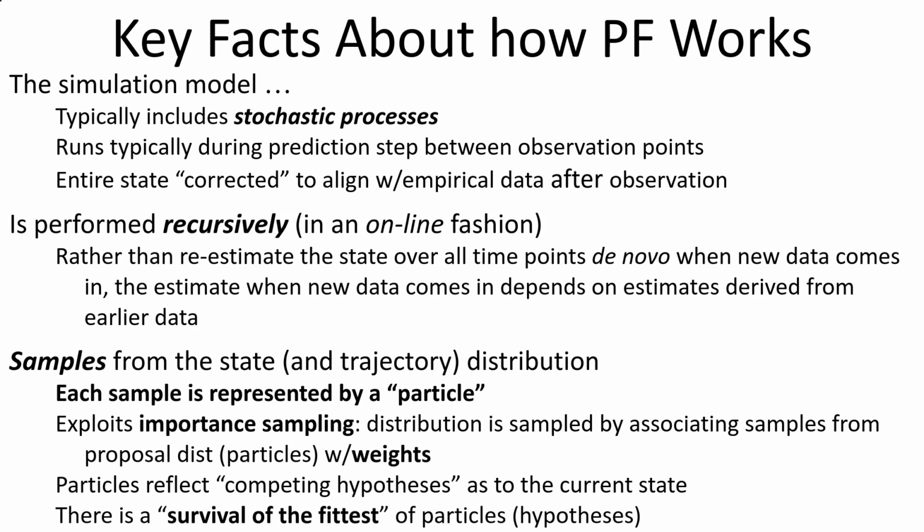The particles that posit a situation in the world that turns out to be more consistent with the data, given the implication of that state of the world for what we'd expect to see in the data, those get rewarded. They get upweighted. So each particle is associated with a weight. The particles that are more consistent get upweighted. Particles that are less consistent get downweighted. These weights are used to filter out particles that are too low a weight, that are just not responsive to the data,